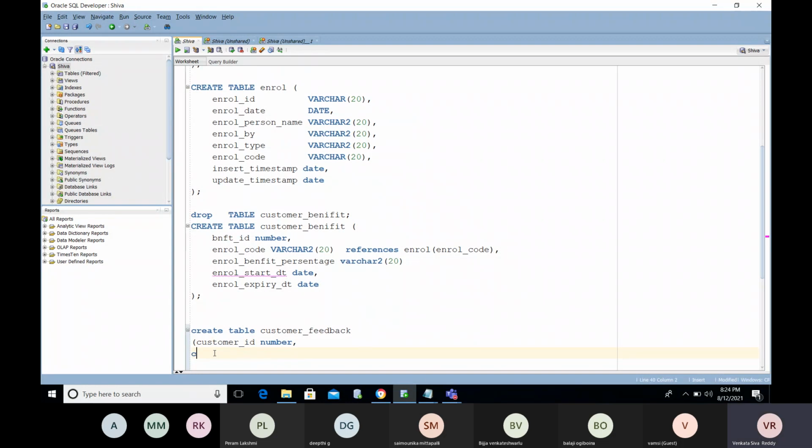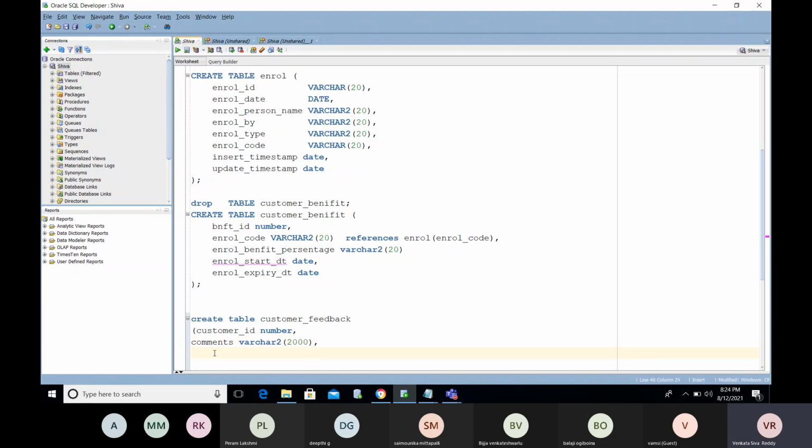Oh, customer is not required, right? We have the customer details already. So we need the comments, product ID. Comments, we'll see the comments like varchar2 of whatever it may be, 2000. I put 2000. Okay, and level of satisfaction.